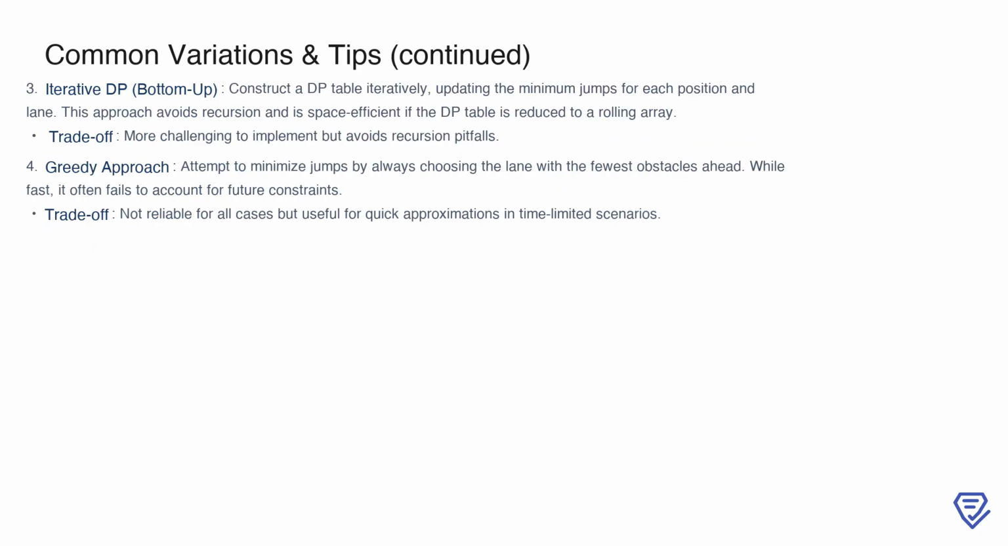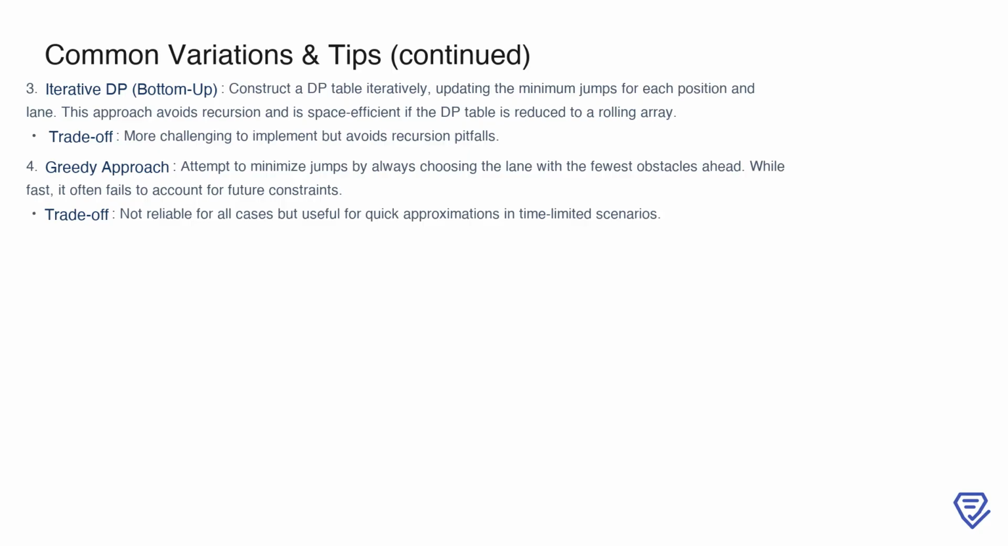An alternative to memoization is an iterative dynamic programming approach, where you construct a DP table from the ground up. By updating the minimum jumps for each position and lane iteratively, you eliminate the need for recursion. This method can be further optimized using a rolling array to reduce space complexity. While this approach avoids the pitfalls of recursion, its implementation can be more challenging, as it requires careful indexing and